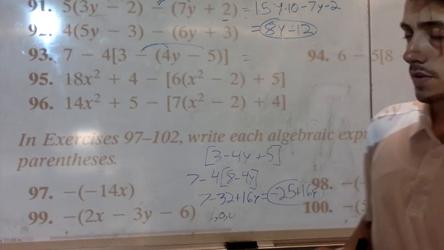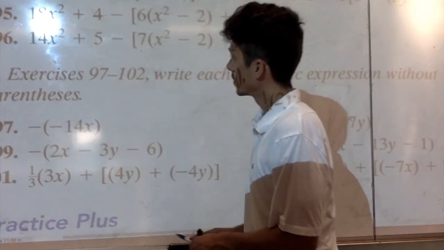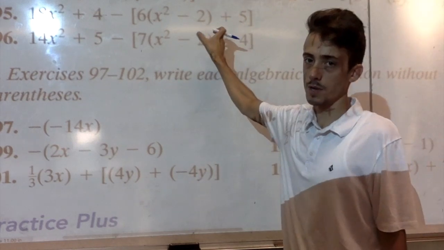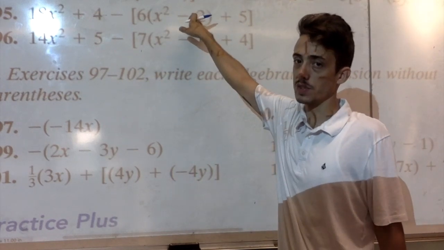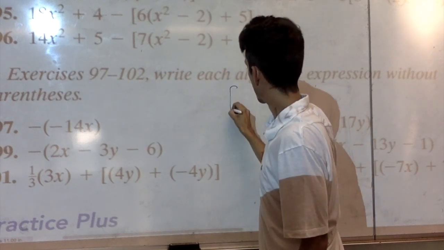For 95, I'll start fresh on that. This has the most to it. If we look way in the middle, we see that we have 6 outside parentheses. So let's distribute that in. That makes the new bracket bit 6x squared